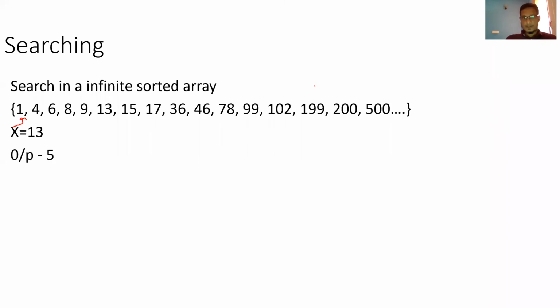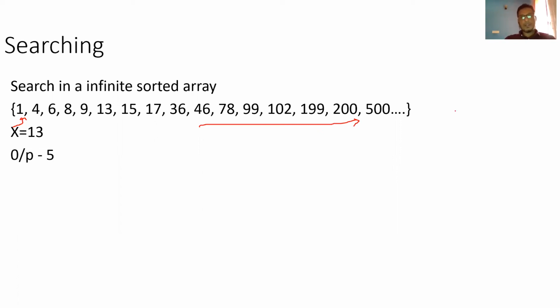Manoj asked a question: can you explain what is the infinite array? Okay, an infinite array could be, let's say, a scenario where your array is continuously growing, or billions of items keep getting added into that array. So you don't know the length of the array, because it is getting updated. And now you are searching. You are not doing a write operation, you are doing only a read operation. Searching is nothing but just checking, just reading that item.